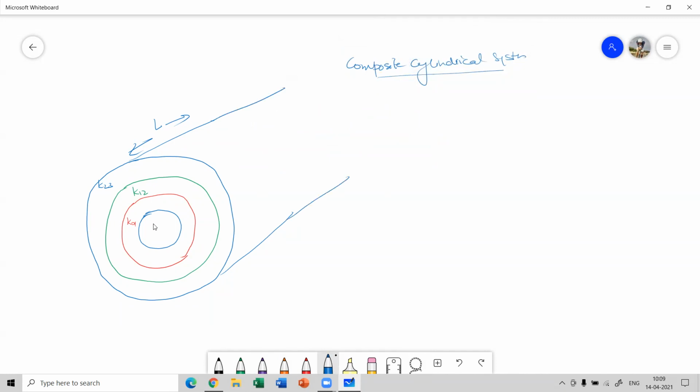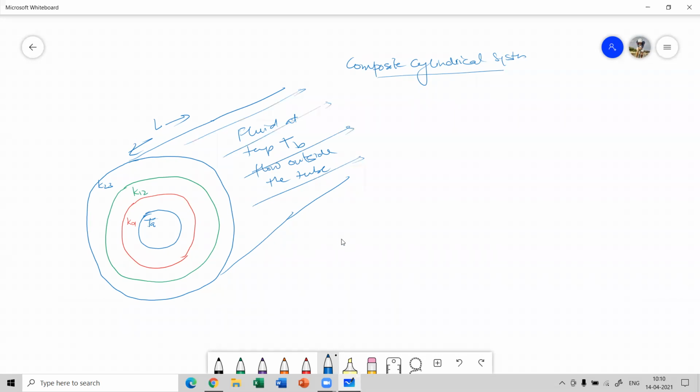And there is a fluid which is entering the inner tube, and there is a fluid which is flowing at the outer surface of the outer tube. Clear? The fluid at the inside has a temperature TA, and the fluid flowing at the outer shell of this tube has a temperature TB. So fluid at temperature TB flows outside the tube, that is, it is flowing at the outer surface of this tube, in this direction.